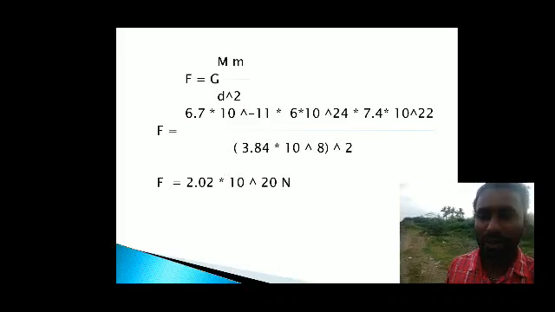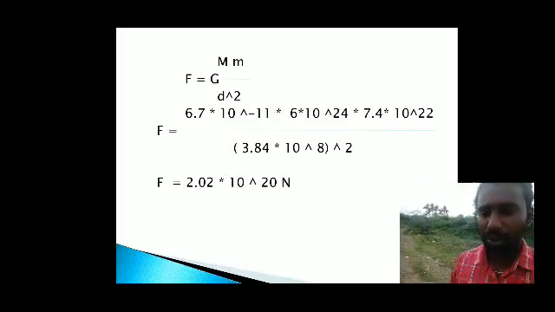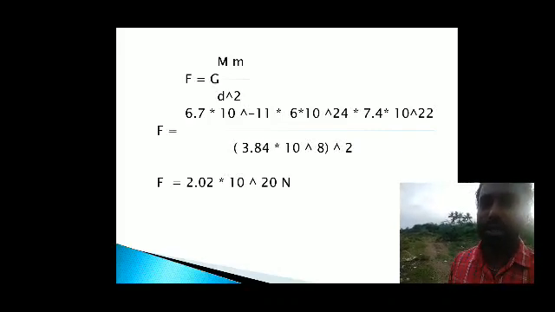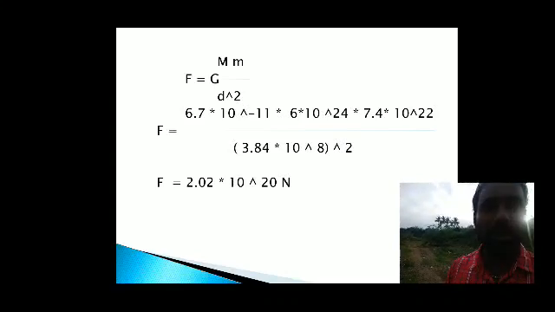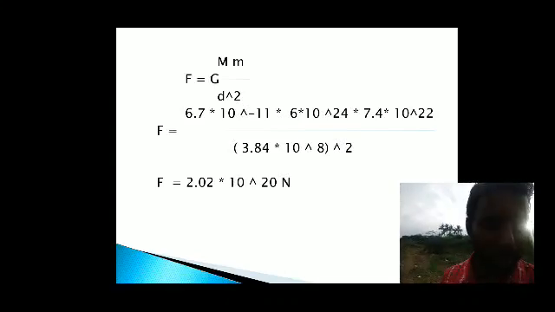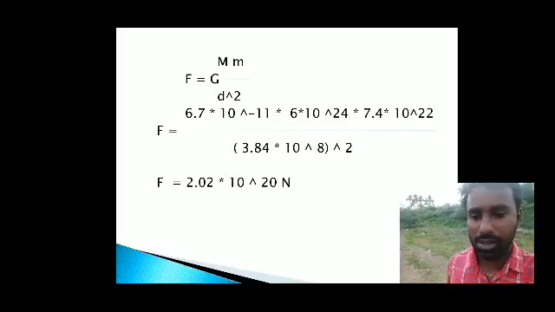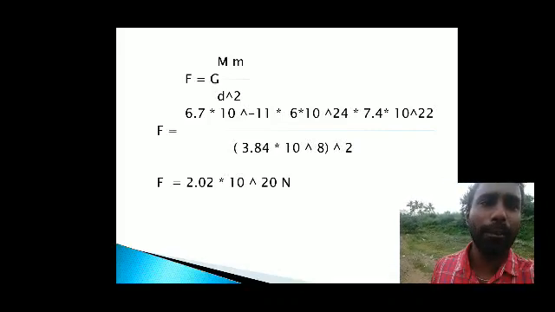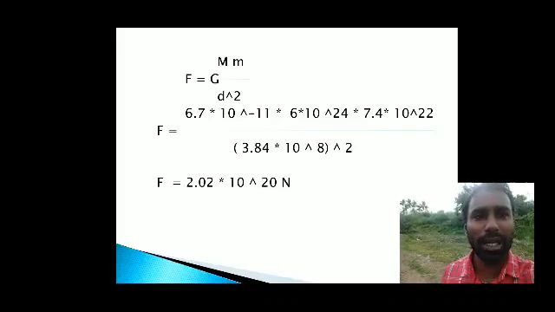Sir, how can we solve this problem? First you have to know the power rule, a power m into a power n and a power m divided by a power n. Exponents and powers you studied in 8th standard mathematics. Just take your 8th standard book and see the formula. A power m into a power n, what is the formula? A power m divided by a power n, what is the formula? So a power m divided by a power n means a power m minus n. A power m into a power n means a power m plus n.